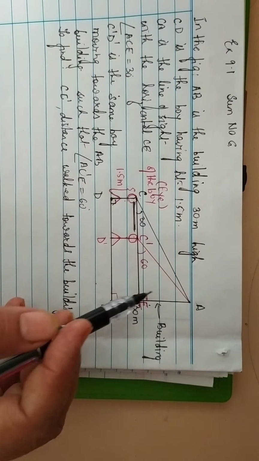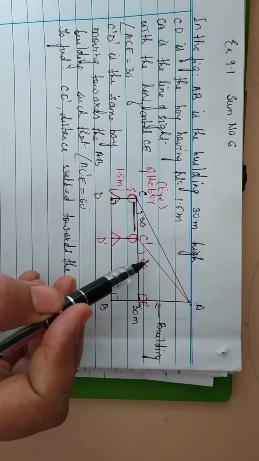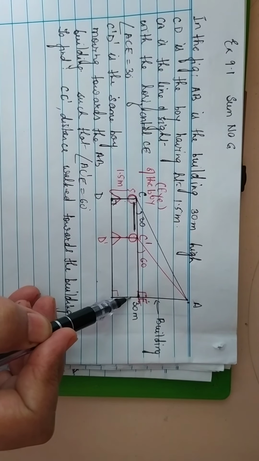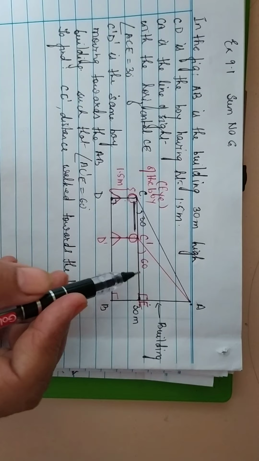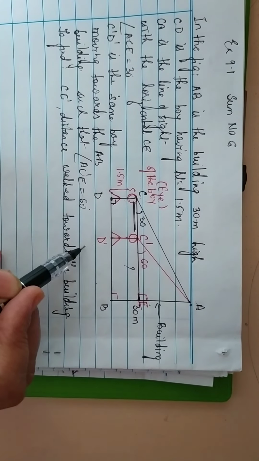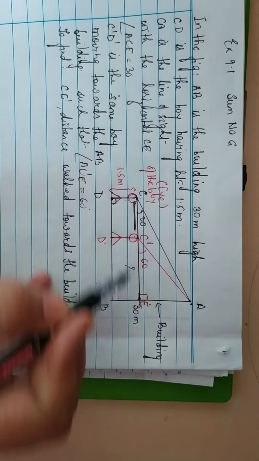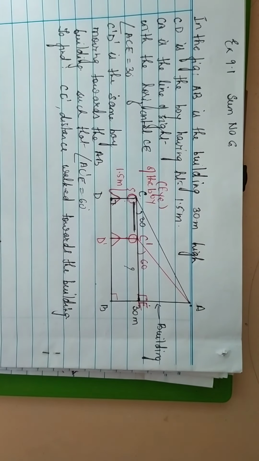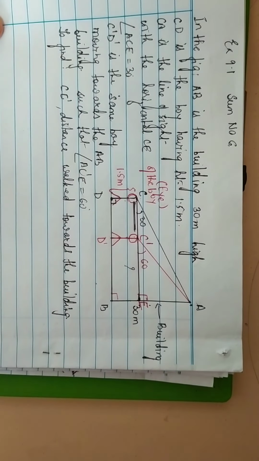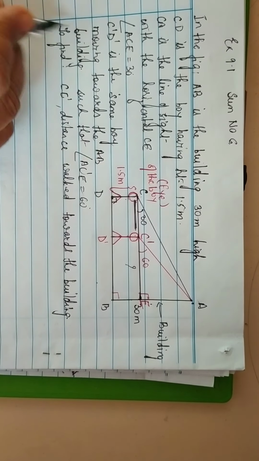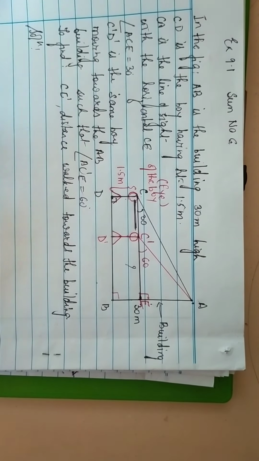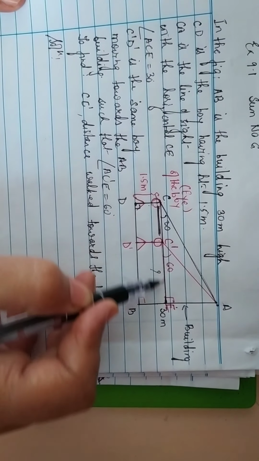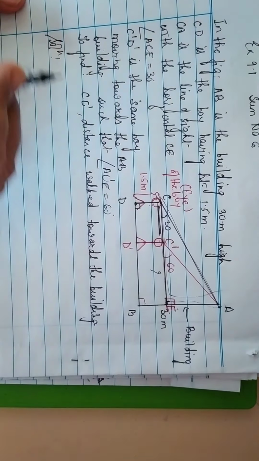So we have two triangles. One is triangle AC'E, another one is ACE. We will try to find out these lengths, that is CE and C'E, and then we will get the distance that is covered, that is CC'. So let us begin with the bigger triangle first. In right triangle ACE,